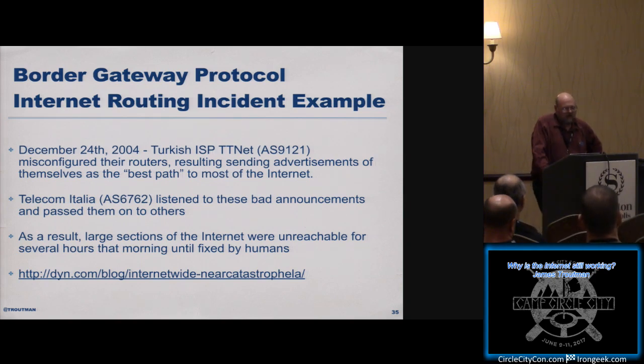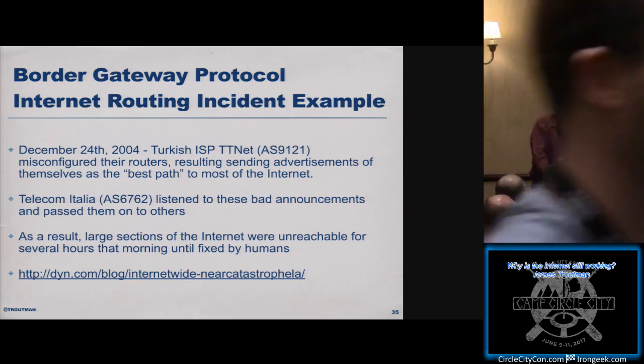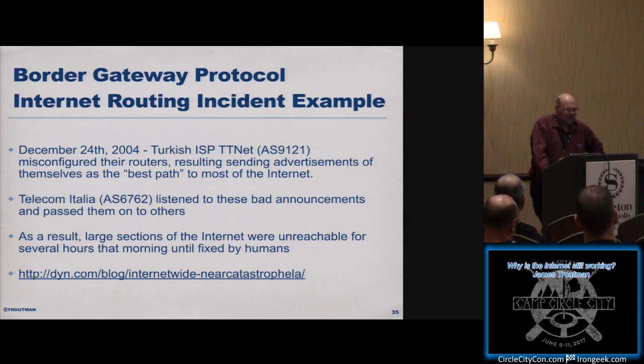They basically said, I'm the best way to get to the internet for most of the internet. And one of their upstreams, Telecom Italia, said, okay, and just started passing along that information. So as a result, large sections of the internet were unreachable for several hours that morning until fixed by humans. And there's a whole write-up on that incident. And that's just one incident out of many, many incidents over the years. We have less and less real catastrophic incidents, at least it seems to me in the last 5 years. But